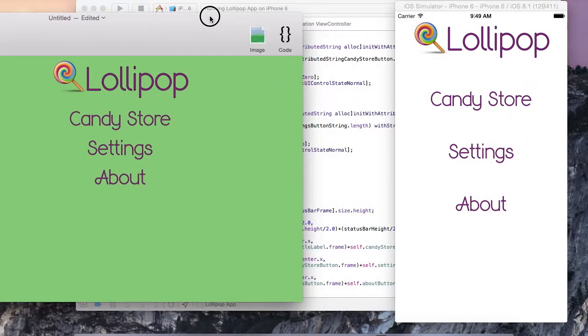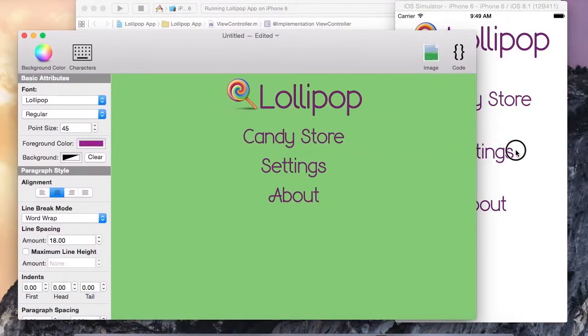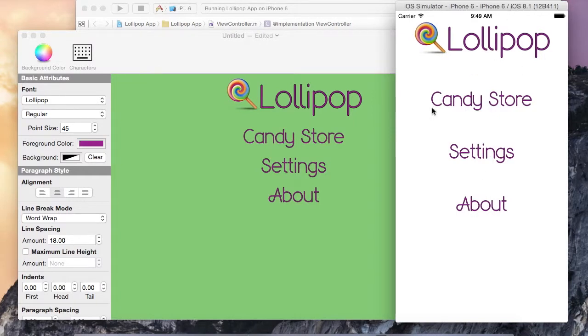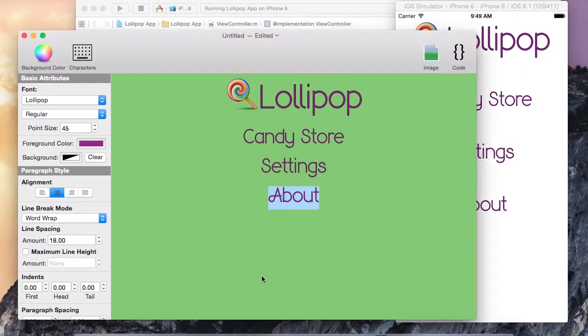Looks good. There's one last thing missing though. The background color of our iPhone application is white. We want to use the light green background we set up in our Visual Attributed String document. This is very easy to do. To get the background color in Visual Attributed String, all we have to do is select anywhere in the document